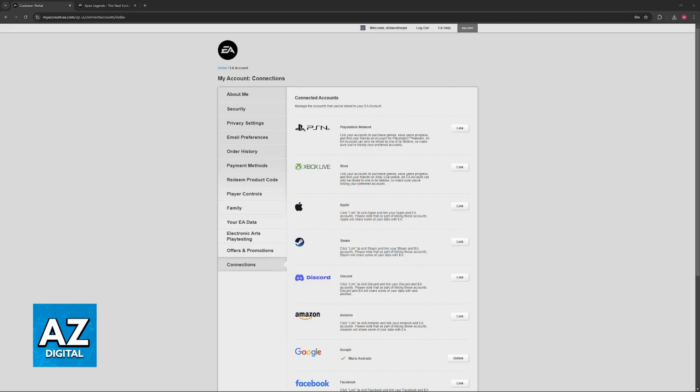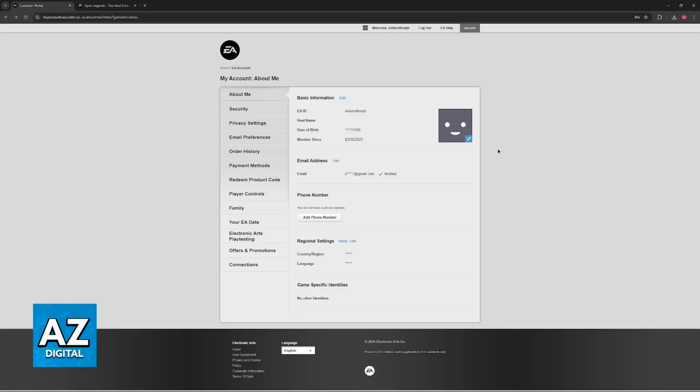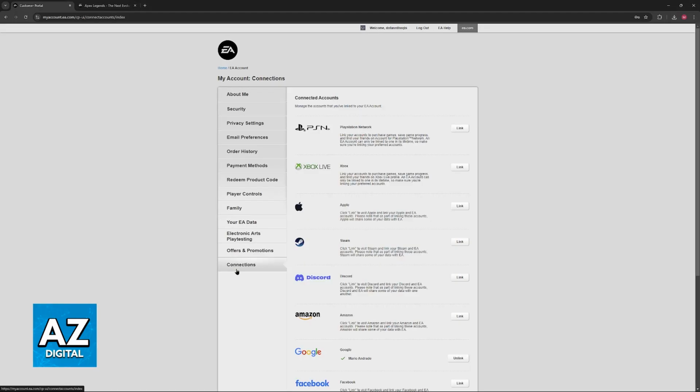Like I said, it's very important that you double check everything because once this link is established, it is not recommended to unlink this and you could potentially lose everything if you don't link it to the right PlayStation account. So immediately after verifying your email, you will now be able to sign in to PlayStation. And by signing into the PlayStation account that you want to use and transfer the progress from or to, you will be able to share the progress across both of these platforms.